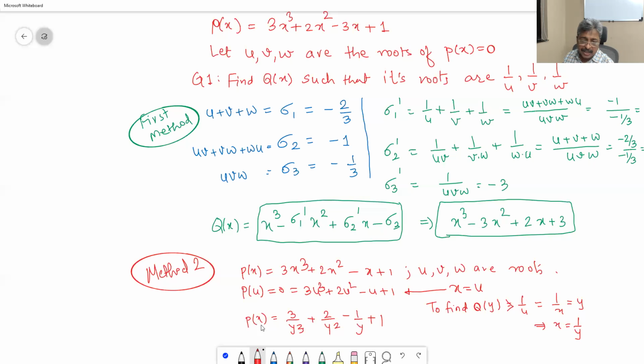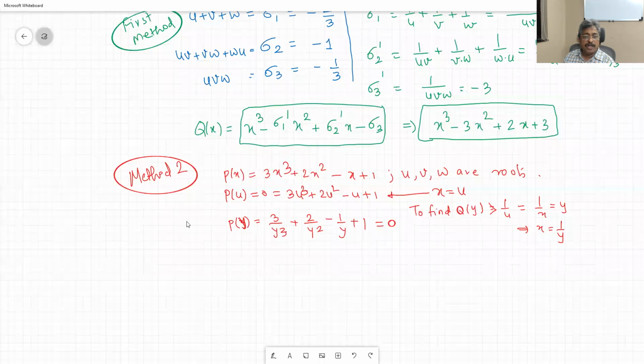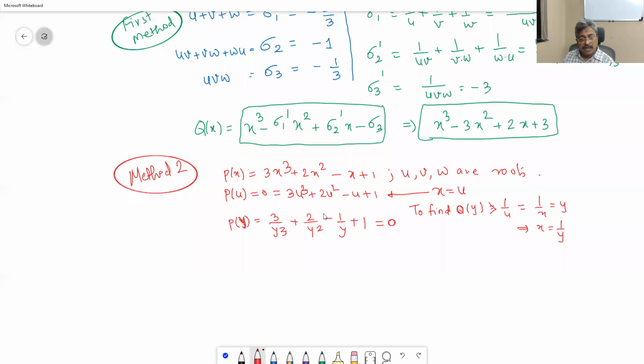Now I should say this expression is in terms of y. We want a polynomial equation equal to 0, so we equate it to 0, and if we multiply everything by y cube, LHS as well as RHS, we get 3 plus 2y minus